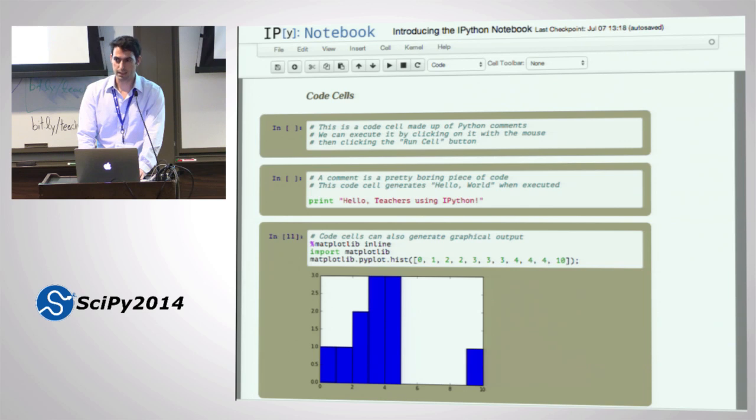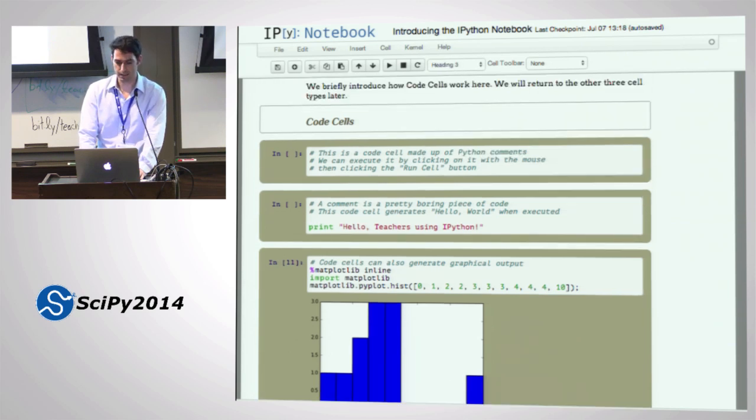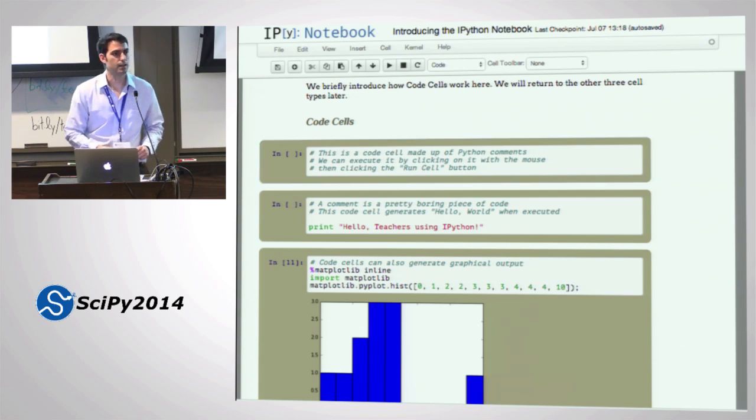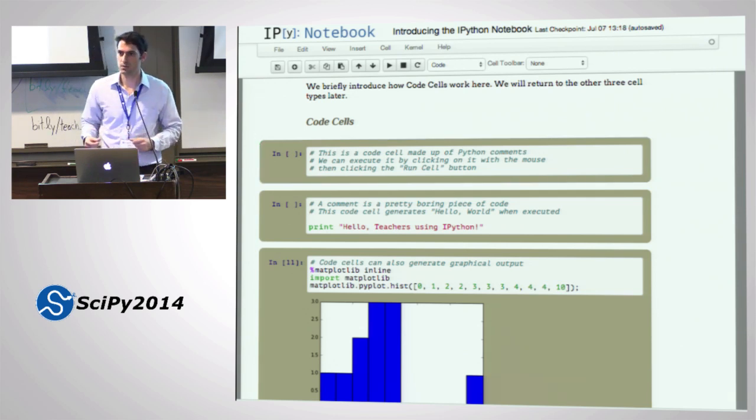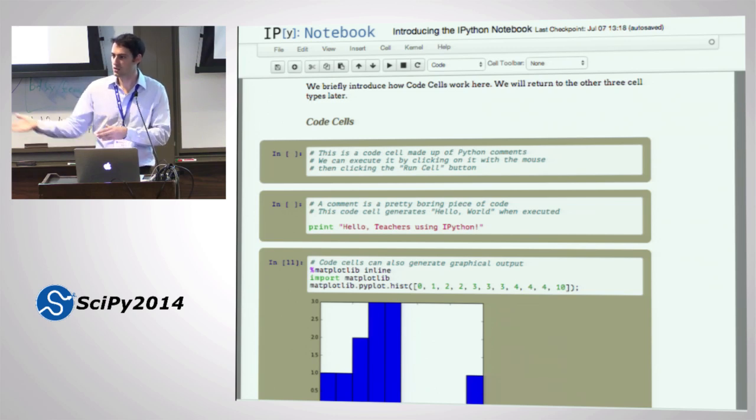And I want you to get comfortable using the keyboard to navigate between cells and to get in and out of edit mode. And the only keys I'm pressing here are the up and down arrow to navigate between cells, and enter to enter edit mode. And if you accidentally type enter too many times, you can just undo it by using the delete key, right? And then escape to get out of edit mode.